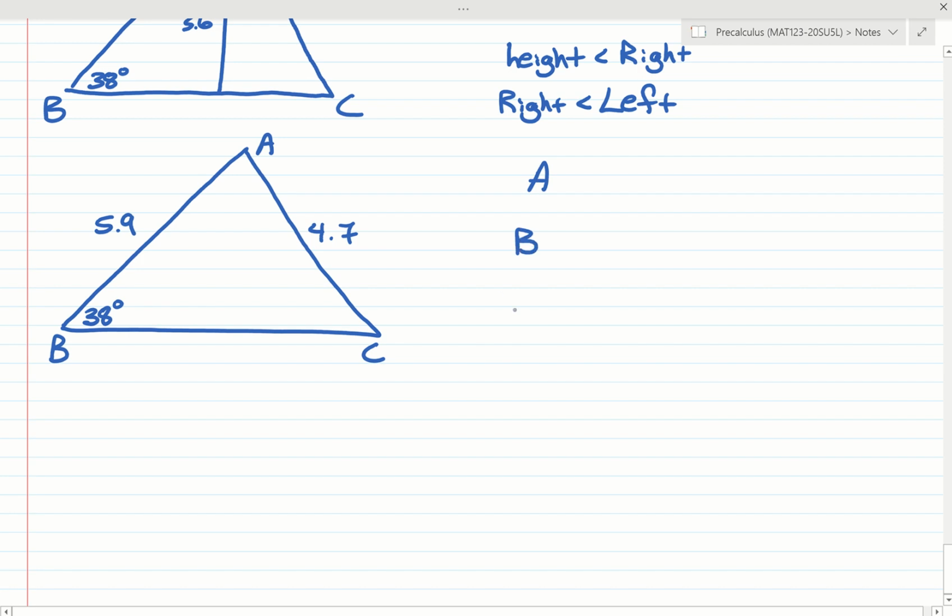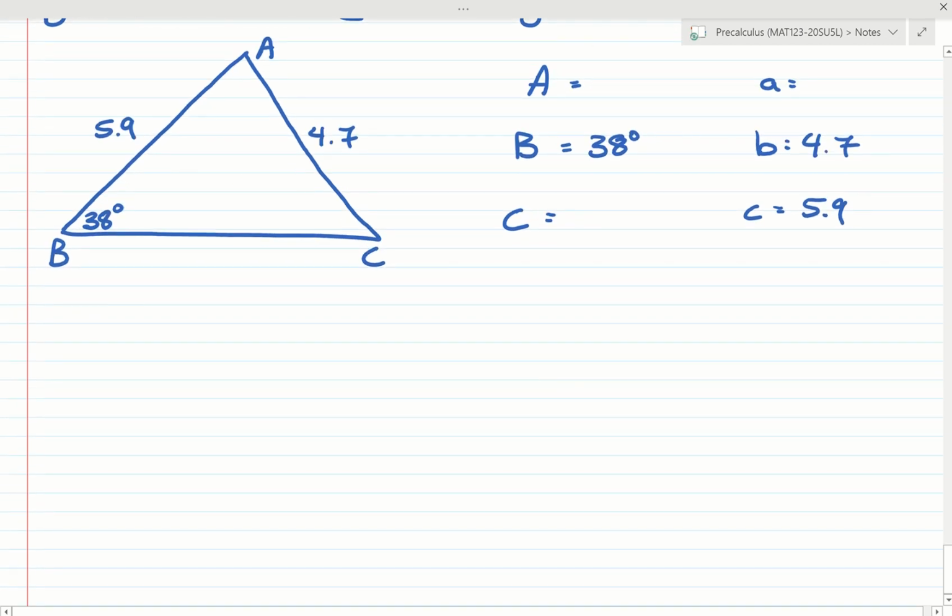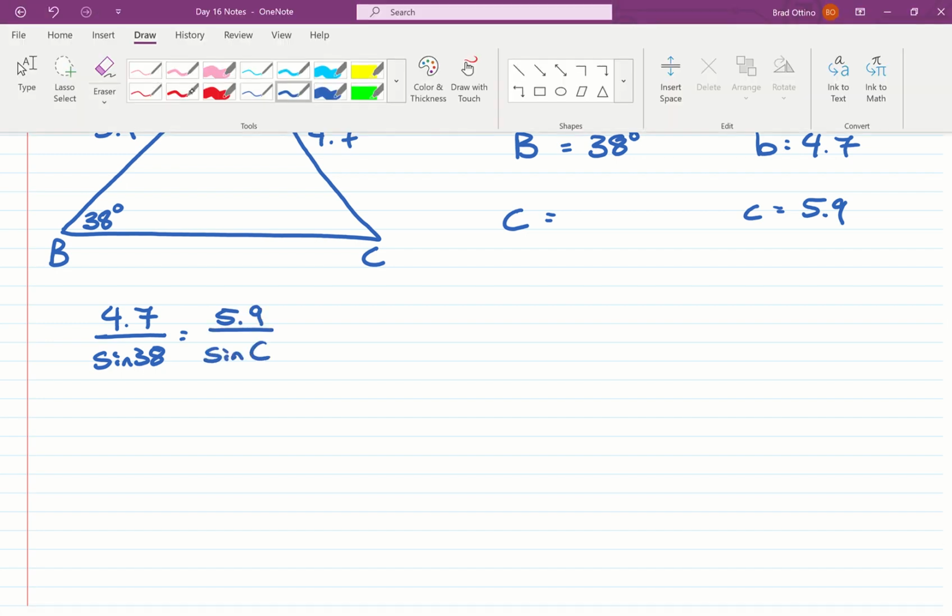We'll have A, B, and C. We're going to use law of sines like we usually do. We have a full fraction with B, 4.7 over the sine of 38 is equal to 5.9 over the sine of angle C. So we'll have to cross multiply